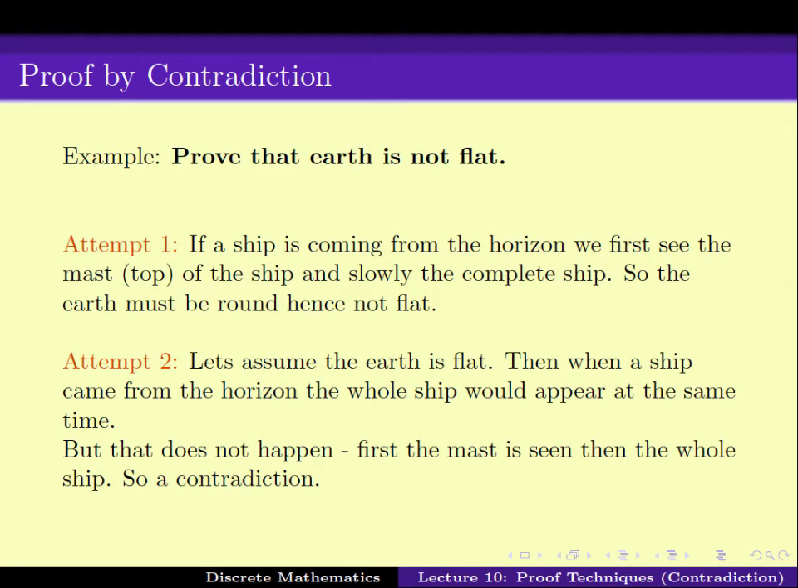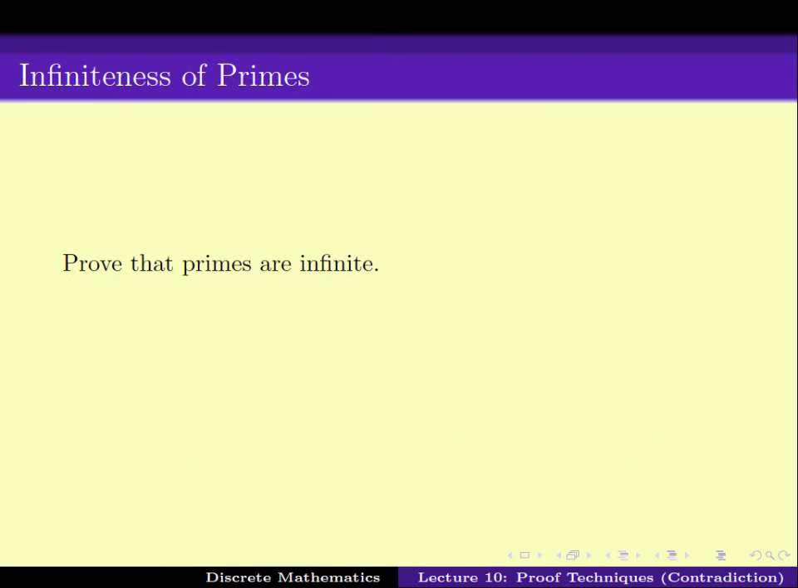So let's see an example. To see the example, we have to consider primes. And we have to prove that the primes are infinite. In other words, there are infinitely many primes. So, in other words, what we want to prove is that for all n greater than or equal to